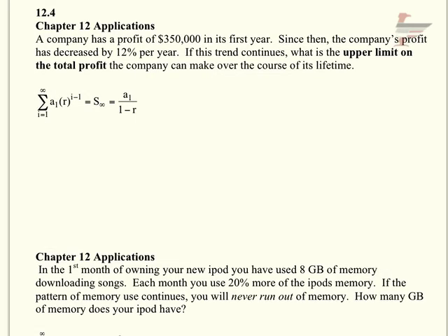These application problems are from section 12.4, and the first problem says a company has a profit of $350,000 in its first year. Since then, the company's profit has decreased by 12% per year. If this trend continues, what is the upper limit on the total profit the company can make over the course of its lifetime? So, if you think about what's happening, right now their profit is $350,000, and then it's going